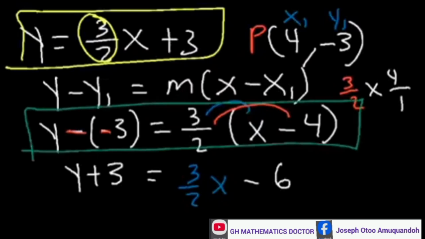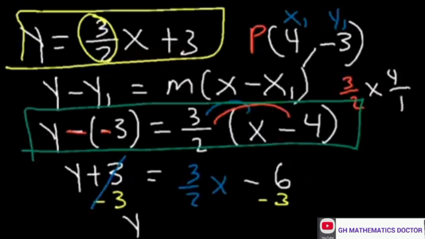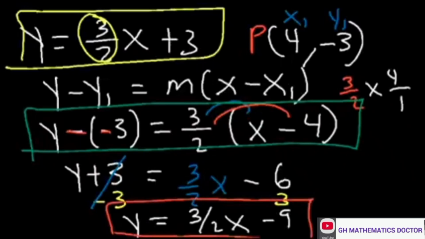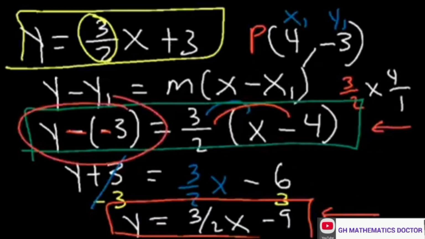If we want to further solve to get a slope equation, which gives the same results, you can leave your answer in the general equation or the slope equation. So we further work to get our slope equation, which is still the same as the general equation, because this is the general equation that we simplify to get a slope equation, and that is it. They are all the same, and they are parallel to the given line with the same gradient. So parallel lines have the same